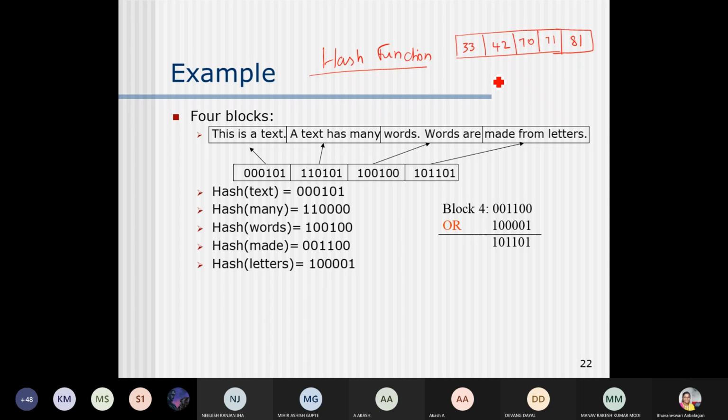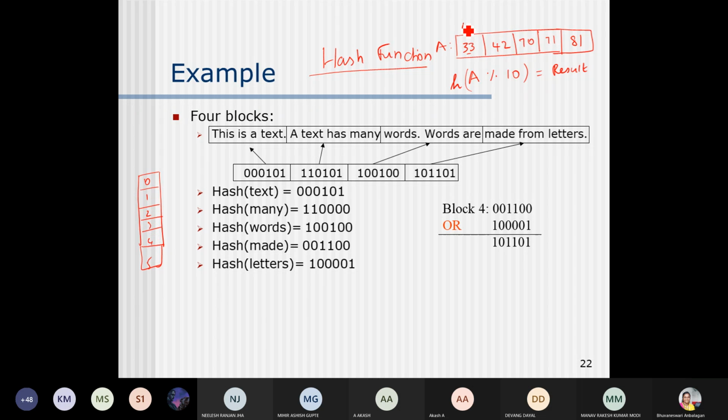Now my hash function is a mod 10, and its result is going to be stored. I'm going to create a hash value for each, so it will get hashed to some value 0, 1, 2, 3, 4, 5.